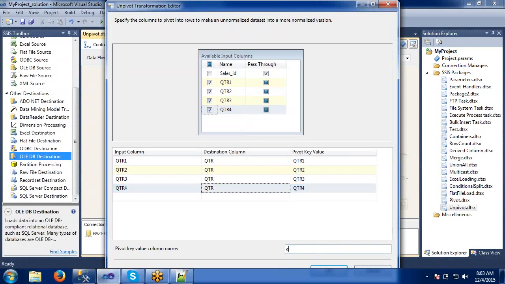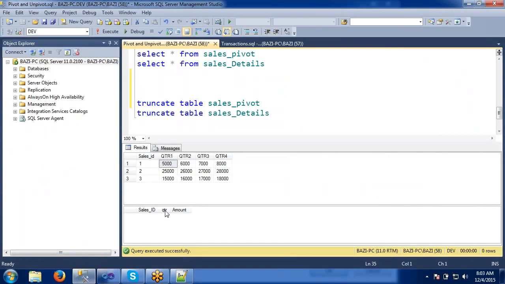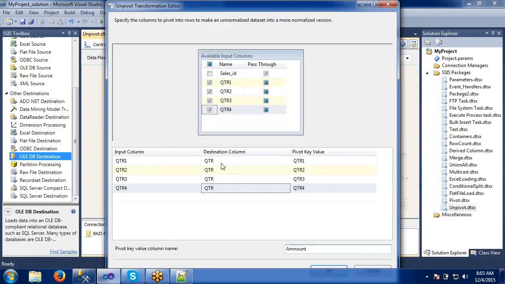But here we are going to convert into a single column. That's why I have given this single name. Destination column is only one column, right? If you see here, I have only the single column name quarter. So all these values should come into this one. That's why my destination column is quarter. And the pivot key values are 1. Just reversing that one. If you observe clearly, unpivot is simply quite the opposite of the pivot.